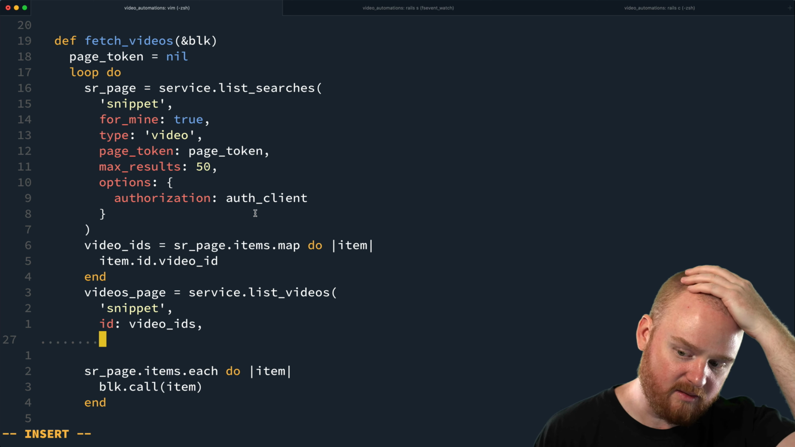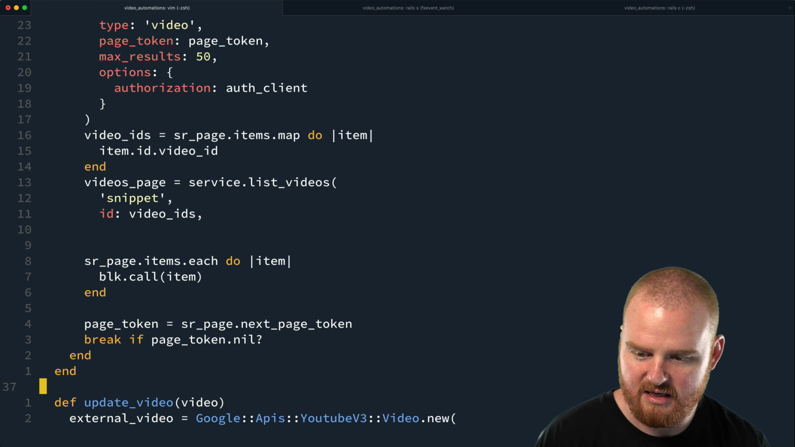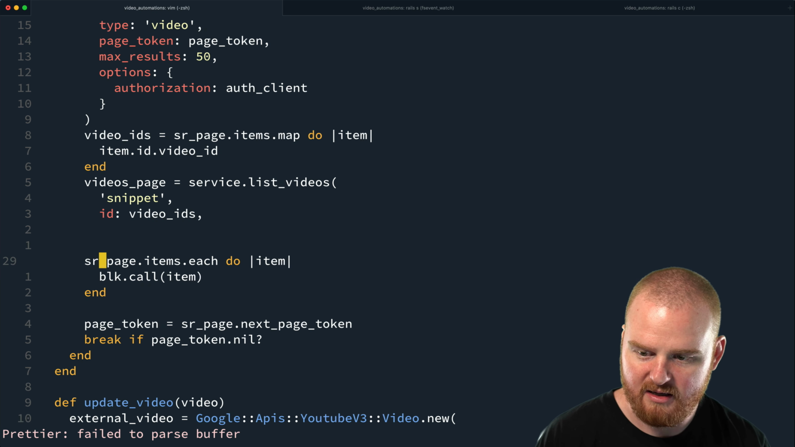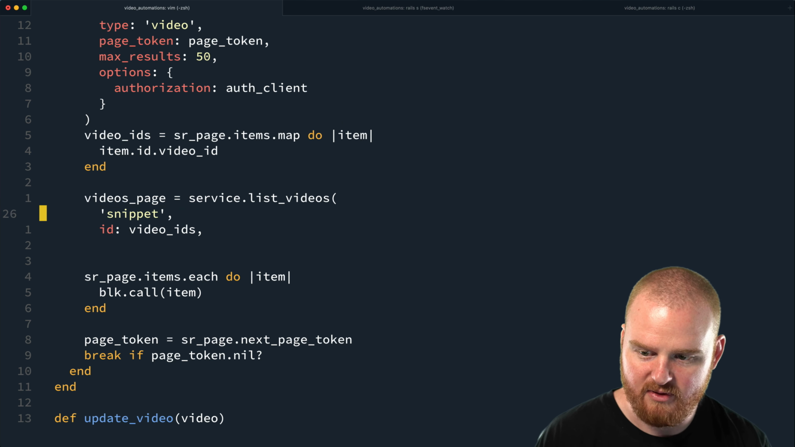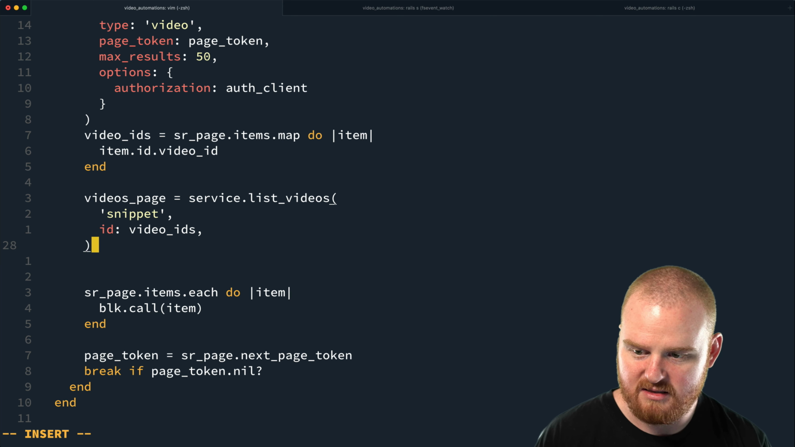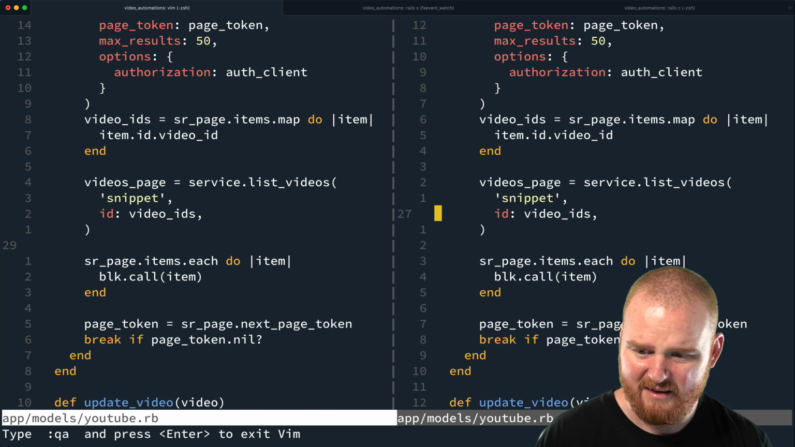I'm starting to think that we want to pass some sort of intermediate object instead of the item when we yield to the block, instead of this search result item, because now we need to combine or merge the results from the videos page with the search results page. And this is turning out to be not a fun API to work with, I'll tell you what. Okay, so